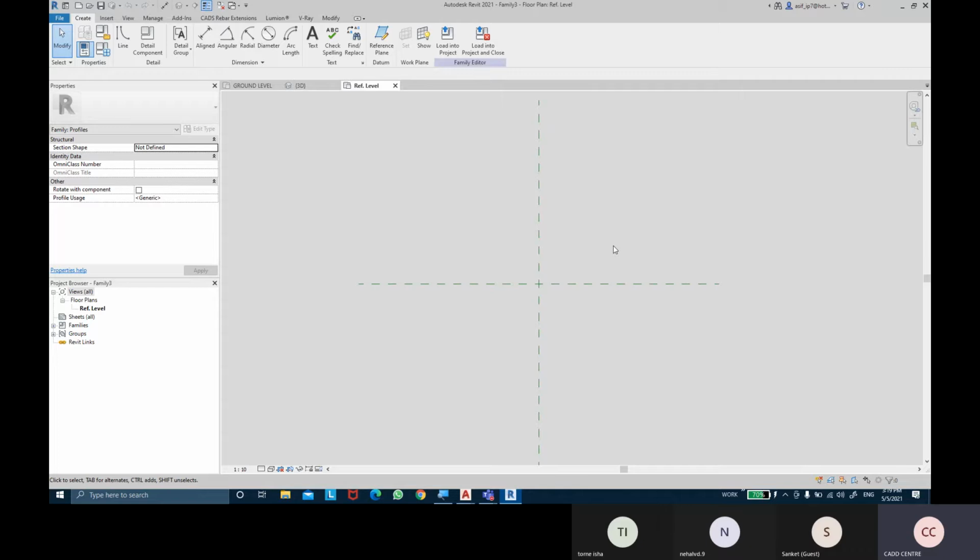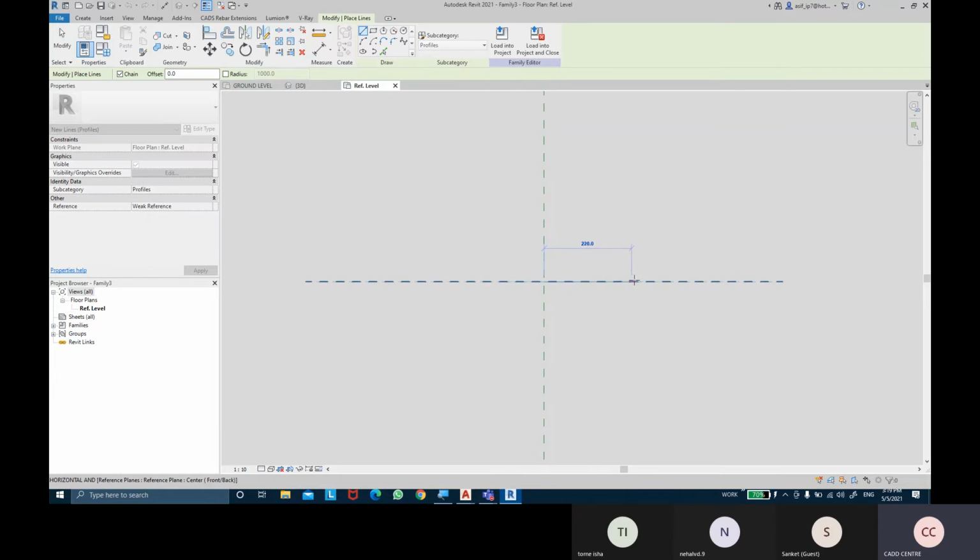I might create that sweep profile at this intersection over here, this coordinate. So you could take the line command, very quickly create 450.